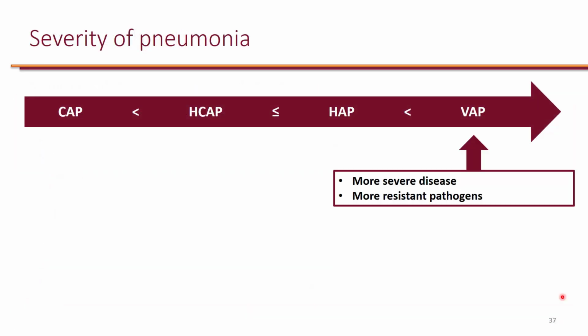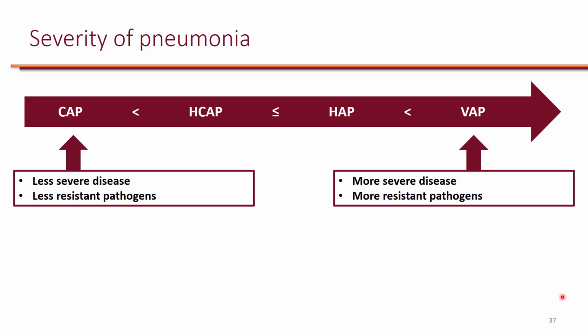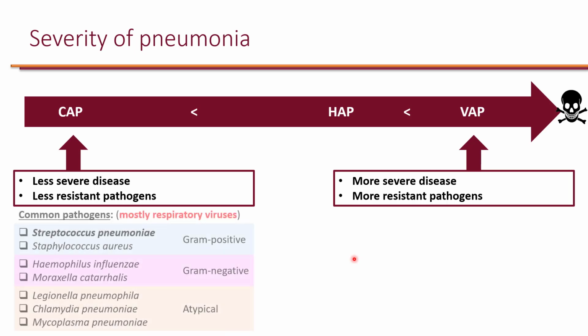Now, at this point, you should know that VAP is a more severe type of pneumonia and is associated with more resistant pathogens, and CAP, or community-acquired pneumonia, is a less severe pneumonia and less resistant pathogens cause it. Now, let's take a look at the common causes of community-acquired pneumonia. Viruses by far are the most common causes of CAP. However, when it comes to bacterial causes of community-acquired pneumonia, Streptococcus pneumoniae is by far the #1 respiratory pathogen causing pneumonia. Now, although Staphylococcus aureus can also cause CAP, not every patient needs MRSA coverage, and we'll talk about that